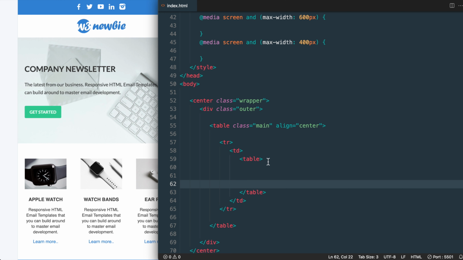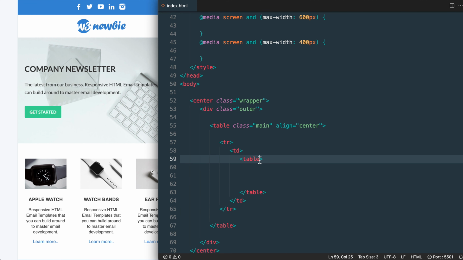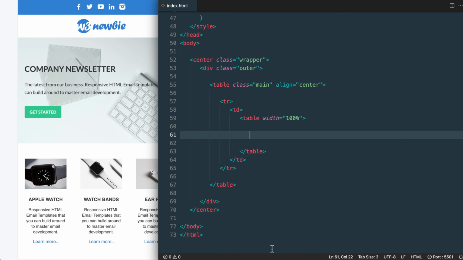For this table tag though, in addition to any other table tags that we add inside of the main table, we'll want to make sure that the width takes up 100%, and we're going to do that with the attribute called width, and we'll give it a value of 100%. So the reason for this inner table is so we can apply padding to the next table data tag, which will add padding to the top and bottom of our social media images. Adding this padding to the first table data tag wouldn't be respected by email clients. So we'll have to do it inside of an additional table and table row before we get to that table